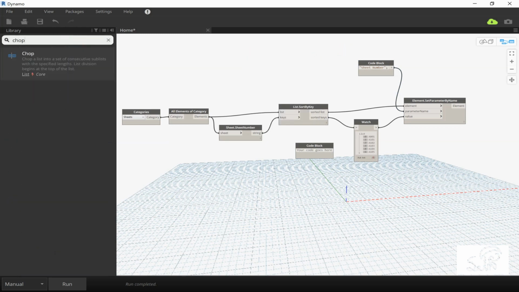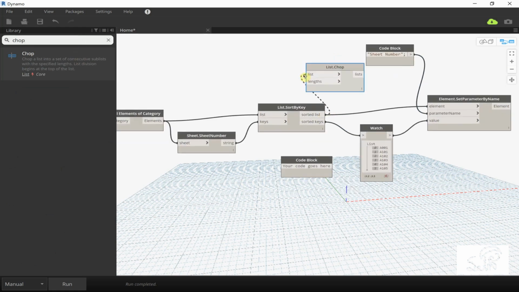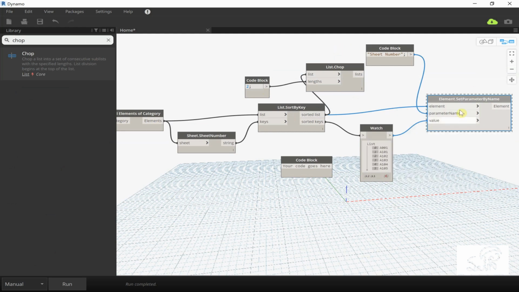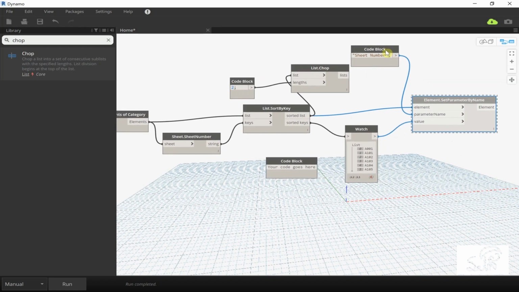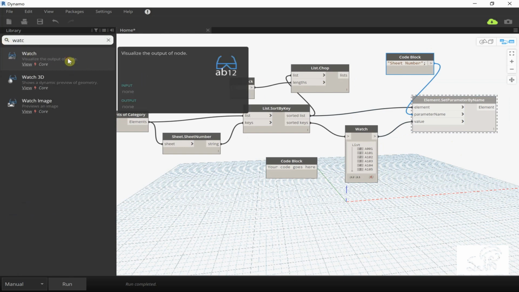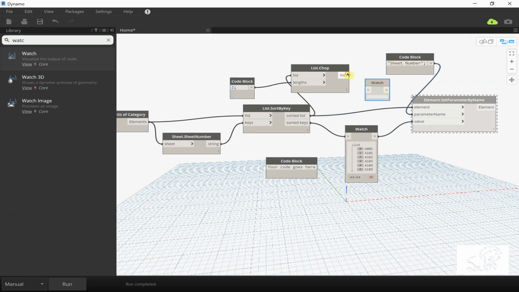so let's say chop, this is a way of cutting the number of strings. Let's say you want to chop in 2, you want to freeze this. This is for when you don't want it to execute when you press run, because sometimes you just want to check out a part of the script. So it chops in 2, and then you can just